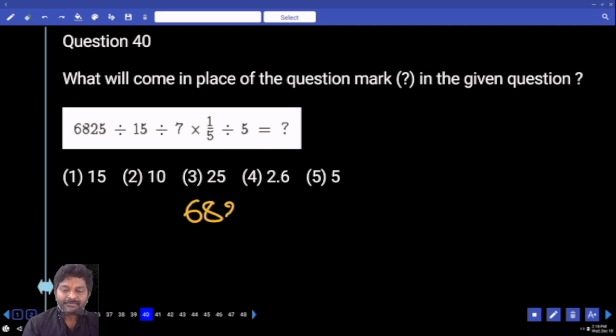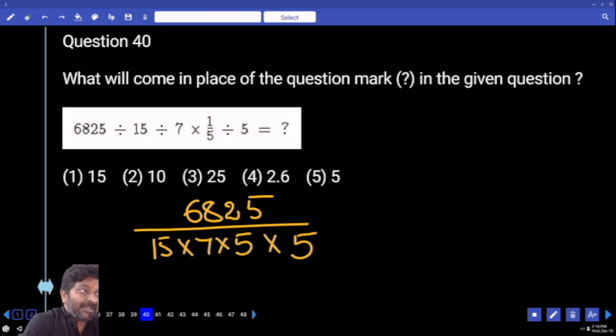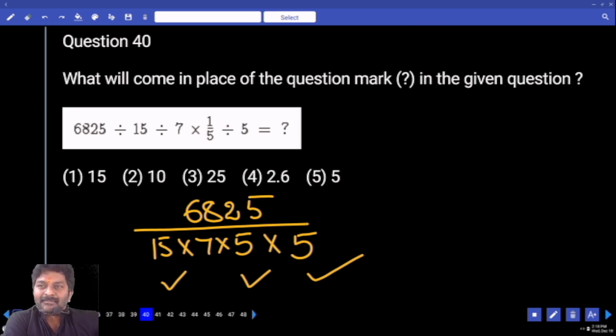If you have proper knowledge about 5 multiples, 5 square multiples, 5 cube multiples, you're actually done with the answer without writing anything. In denominator, a 5 multiple is there. Come on. 1 more 5. So a 5 square multiple is there. 1 more 5. A 5 cube multiple is there. Yes. A 5 multiple ends with, or a 5 square multiple ends with 5 or